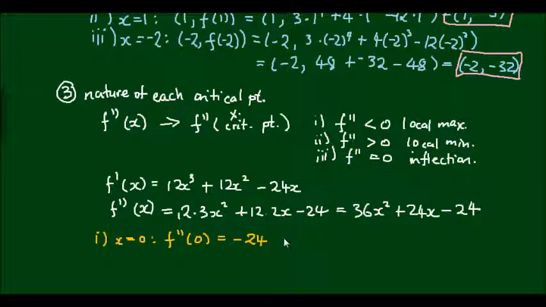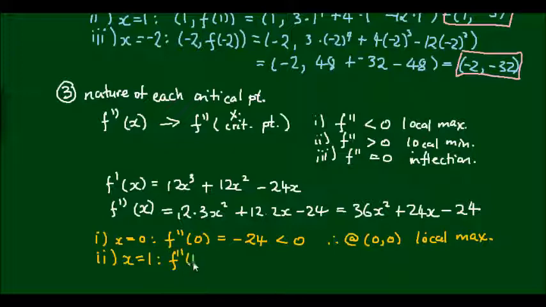And this is less than 0, so therefore at the critical point 0, 0, we have a local max. Secondly, at x is equal to 1,